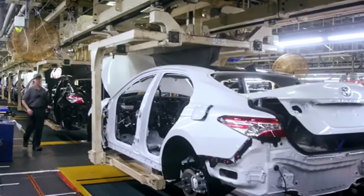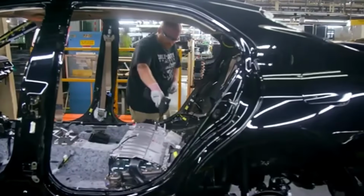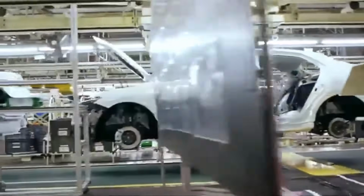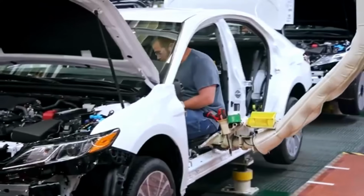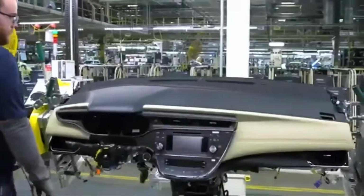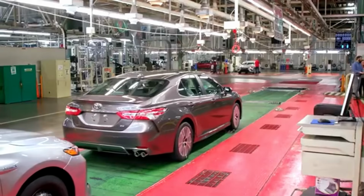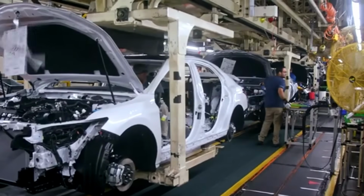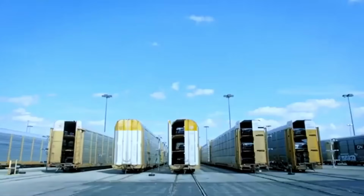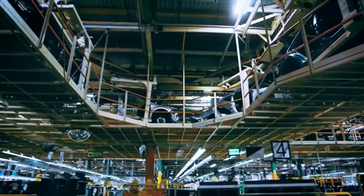The stamped panels are then transported, often via overhead conveyor systems or autonomous carts, to the welding shop, the domain of the body in white. Here, the core structure of the car takes shape. Robotic arms, fitted with weld guns and sensors, orchestrate a ballet of sparks. These machines are programmed with exacting specifications to apply spot welds at predefined intervals, securing body panels together into a rigid, cohesive structure. Human technicians oversee the process, performing inspections, handling complex geometries, and activating andon systems, alert cords, should